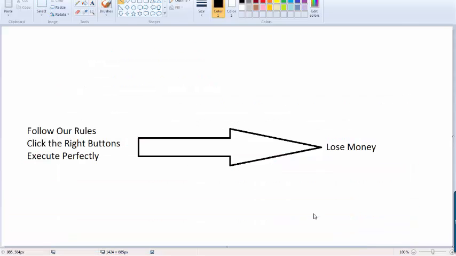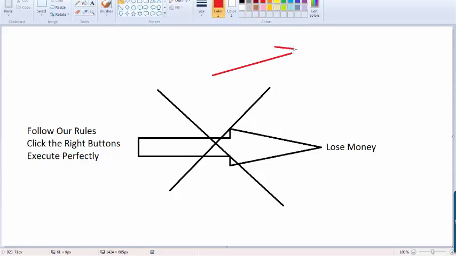But also remember, you have to have the patience and the ability to know that if you follow your rules, you execute perfectly, and you click the right buttons, can you take a losing trade and still move your system forward with confidence? If you can't, by the way, if this is a deal breaker for you, then what you absolutely 100% need is simply more testing.